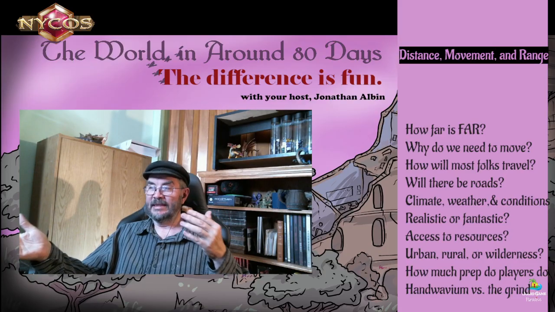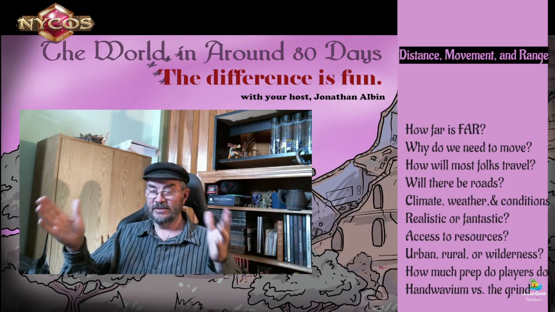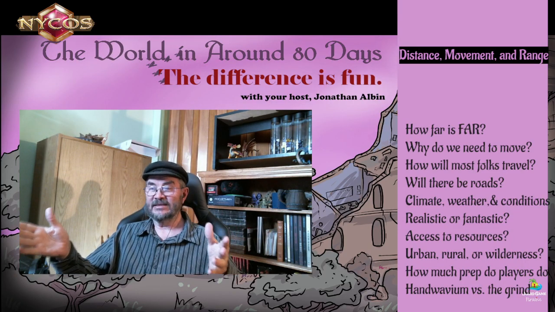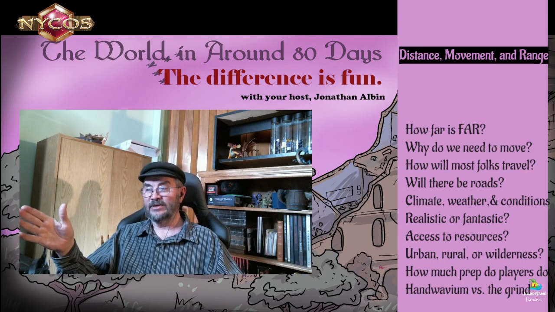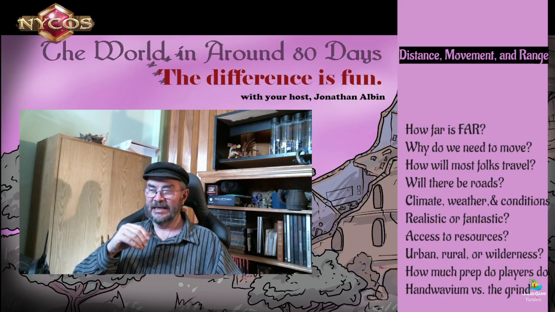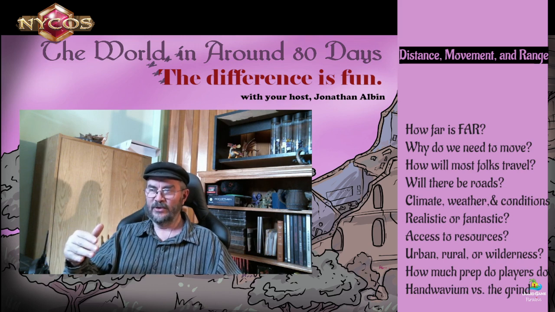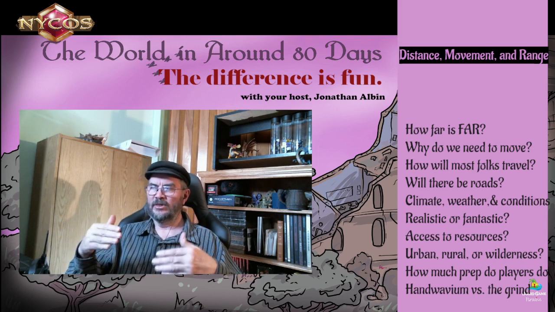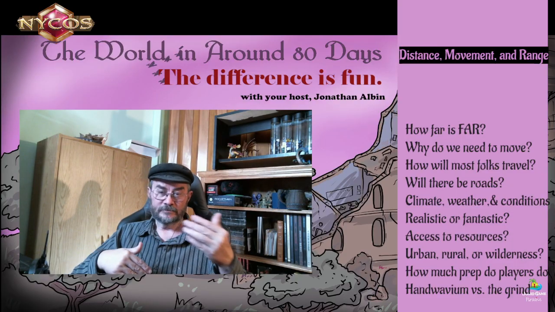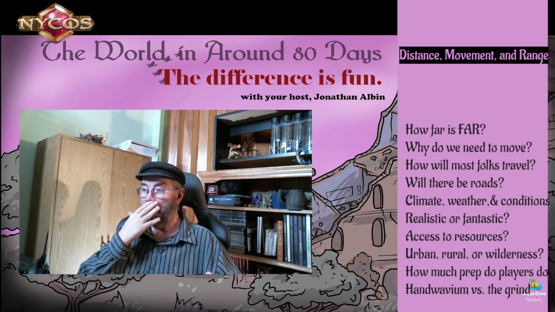Now, once you start thinking about this, then you've got to start worrying about the other things that are going to be necessary to understand. What are the accesses to resources? If we are traveling down this road, what are the places where we could stop to get fresh water, fresh horses if we're in a hurry? What are the parameters for magical materials? How are we going to get the components that we need?